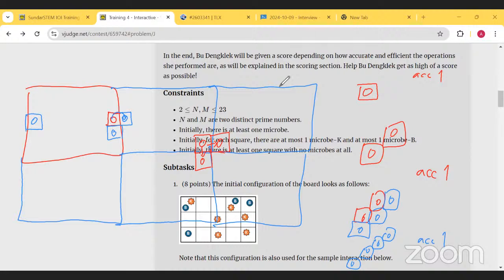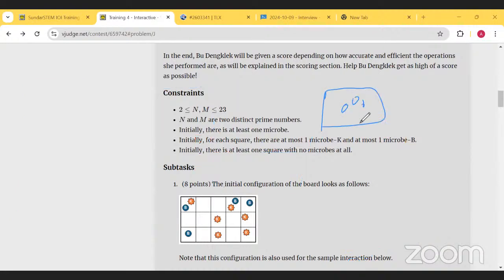So if we repeat accelerating 1 by 1, finally we will get all the cells empty. Why? Because n and m are 2 distinct prime numbers. So the greatest common divisor between n and m is 1. So like this. Let's say we already get